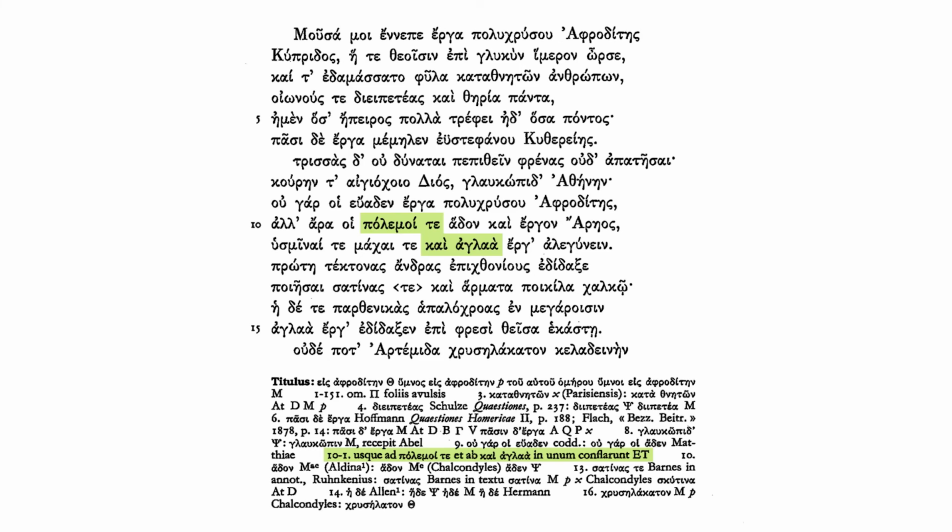The biggest chunk of Latin on this page is the entry for lines 10 and 11, or 10-1 as Càssola puts it. Usque ad polemoite et ab kai aglaa in unum conflarunt e te. Conflarunt is a high-flown version of the verb form conflaverunt. You'll recognize it if you're used to reading classical Latin literature. But if you're just working through a textbook in order to read an appcrit, probably not so much. At best, this is unkind.